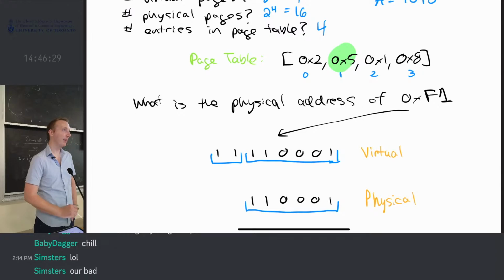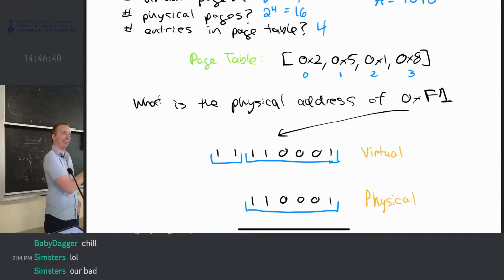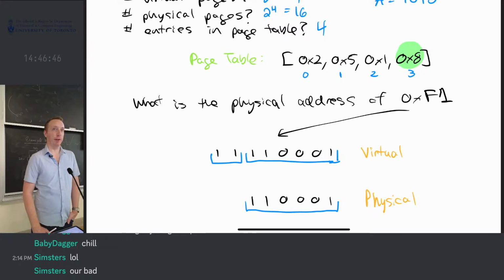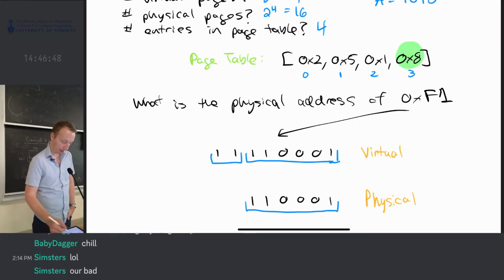This one? Which one? The last one, right? So it's this entry. All I have to do is replace the virtual page number with this, which is